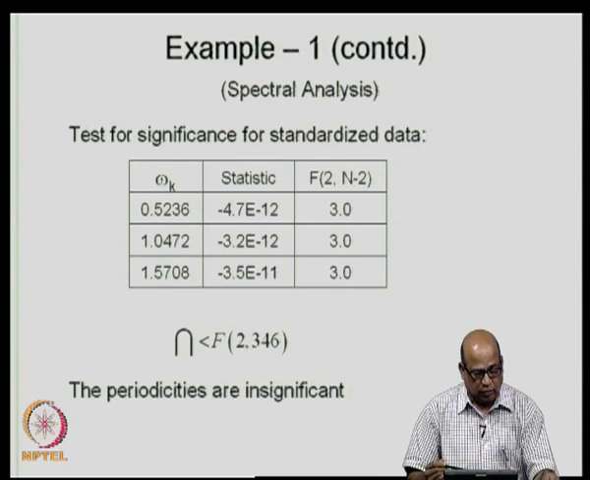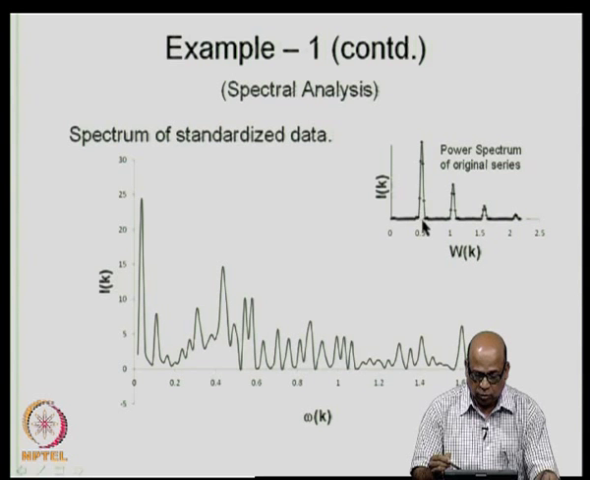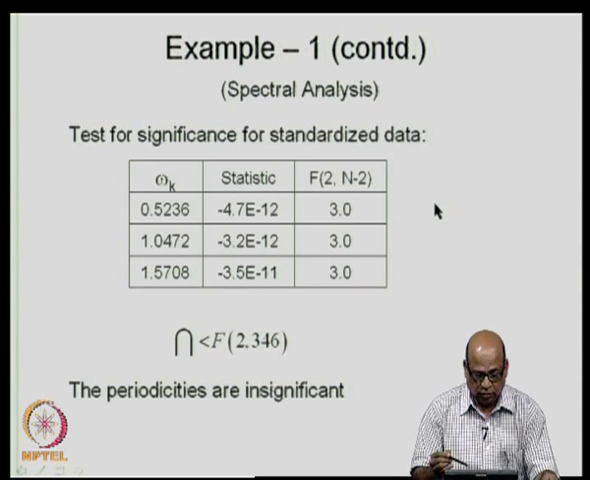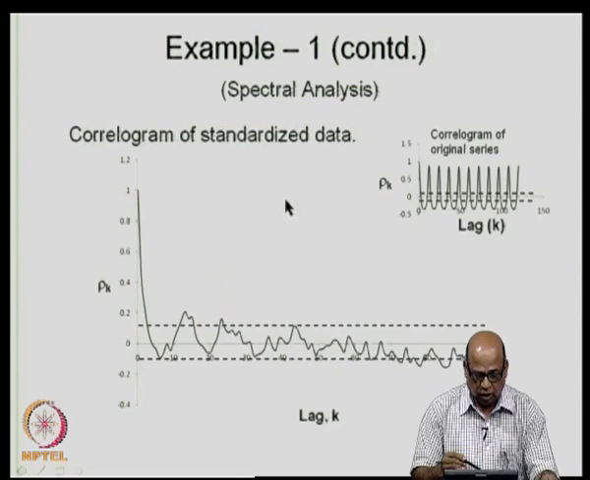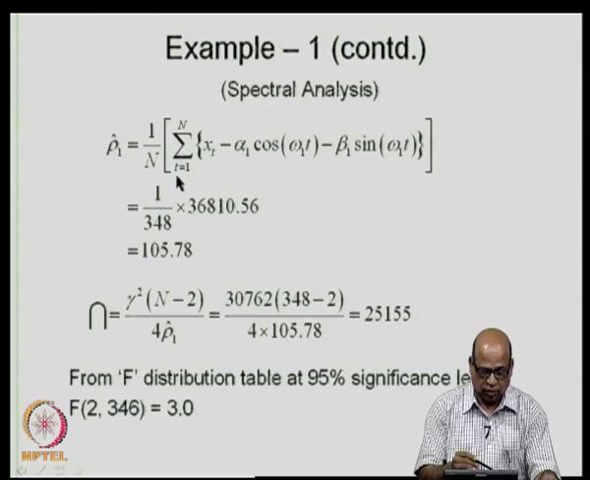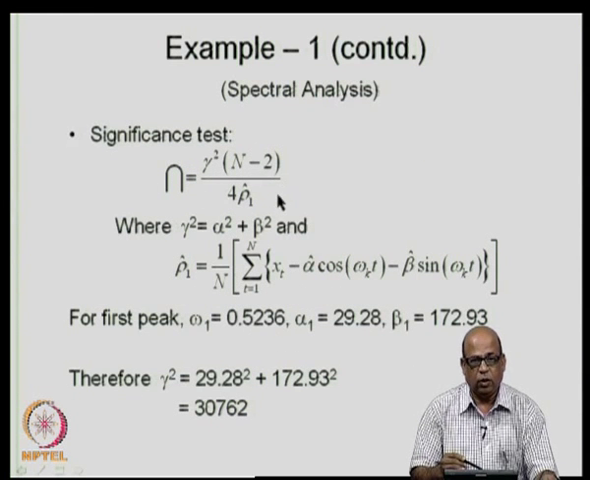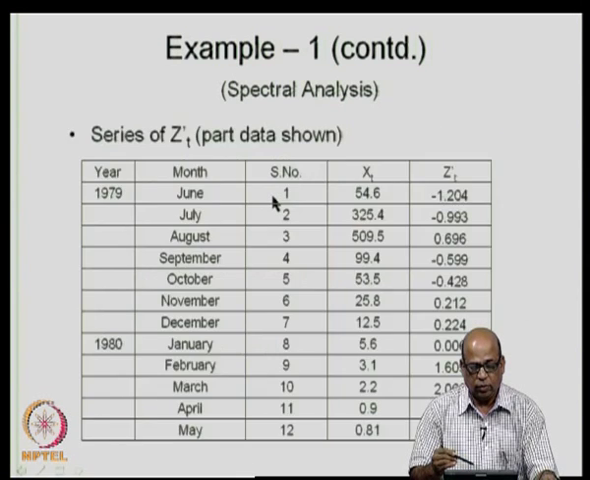So, we see that corresponding to this value, we had a significant periodicity. So, we will check again corresponding to that value of omega k whether the periodicity is present or not. So, we again recalculate the statistic as we defined here earlier. We calculate this statistic gamma square n minus 2 by 4 rho 1 cap, and then corresponding to this omega